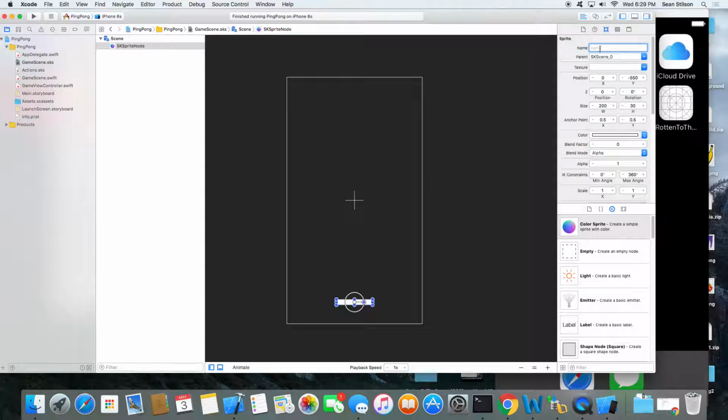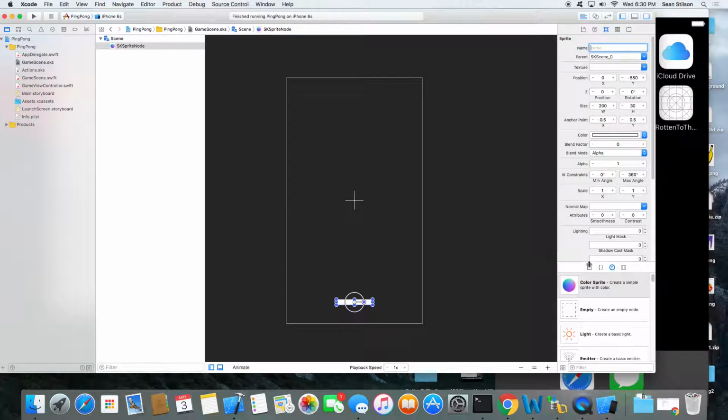For the position, I just have 0 and 0, and Z is 0. We don't have any elevation. Rotation is 0. Width I have set to 200, and height I have set to 30. Anchor point you don't really need to worry about.